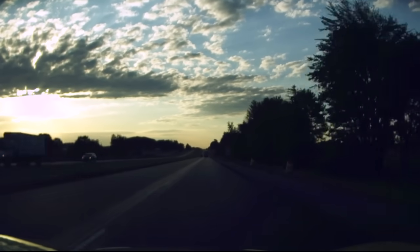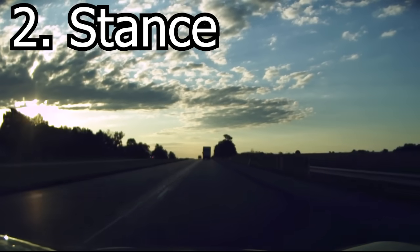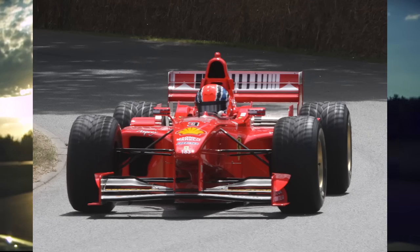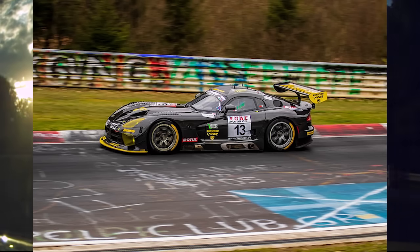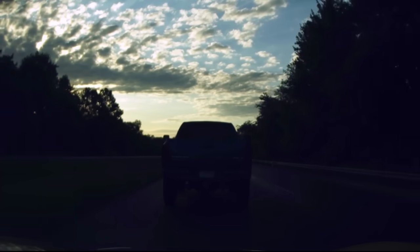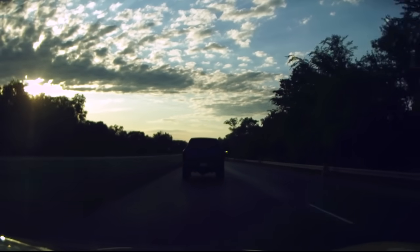So the next mod on the list does render some cars nigh unusable, which is stance. Now, the original purpose of stance, which in this case we're talking about slight negative camber, was designed for race cars to help them corner better, because when their tires were cambered outwards and they go through really intense G-force scenarios where they're really pushing through the corners, the way physics works is that when their tires are bent outwards, it really helps their rubber have a big contact patch as the car is being pushed down into the ground, whereas if the tires were still vertically and perfectly straight, they wouldn't get as much of a contact